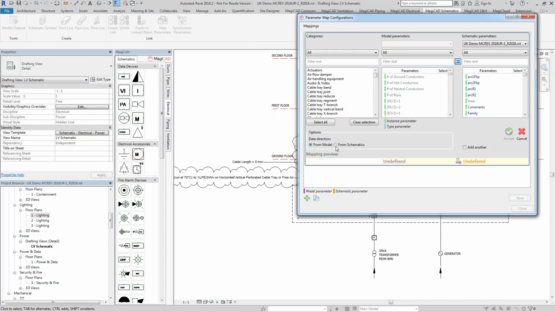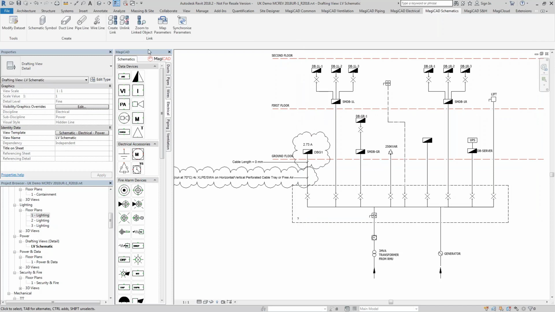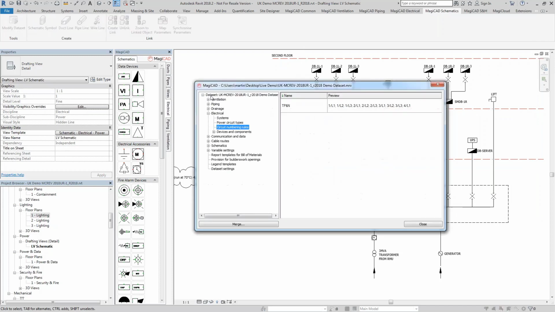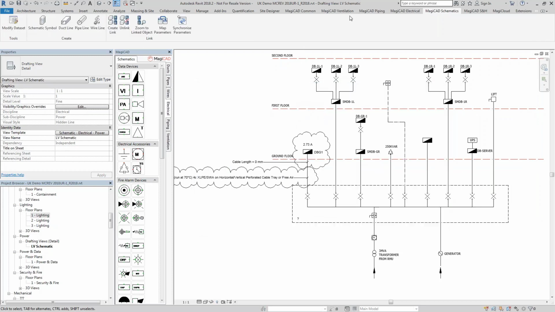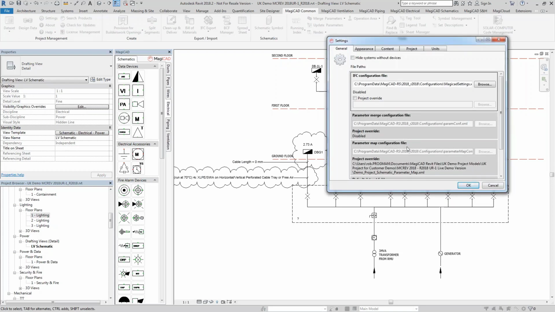You can push these from your model to your schematic, or from your schematic to your model. So you can update your model using your schematic if you wish. I've made some earlier, so I'm just going to select my mapped parameter file,